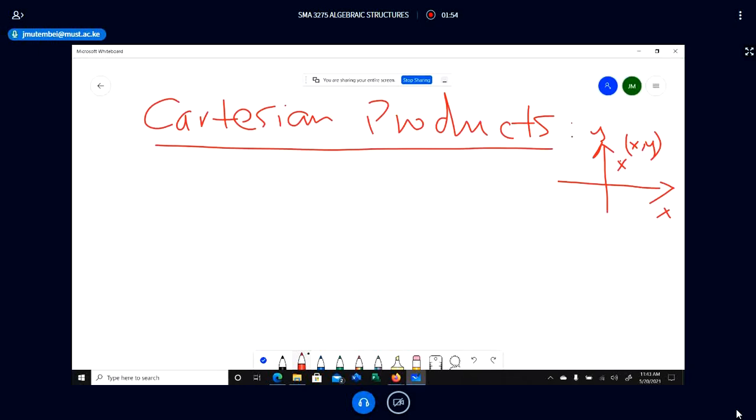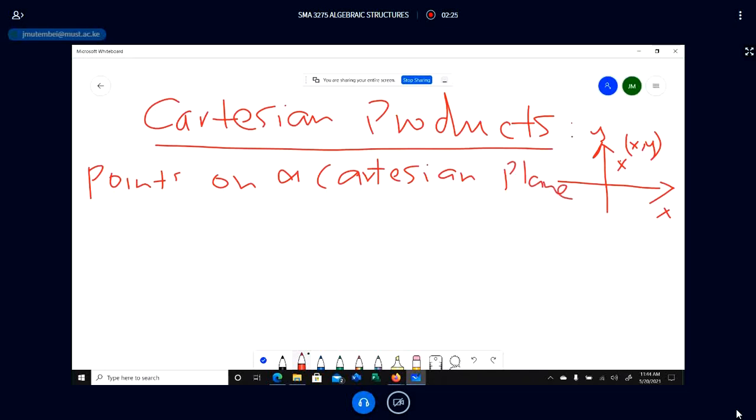From set theory, x is a member of set X and y is a member of set Y. So we can say that points on a Cartesian plane